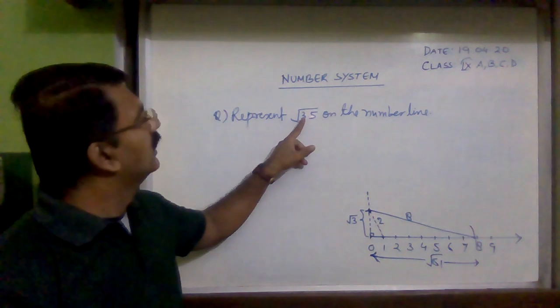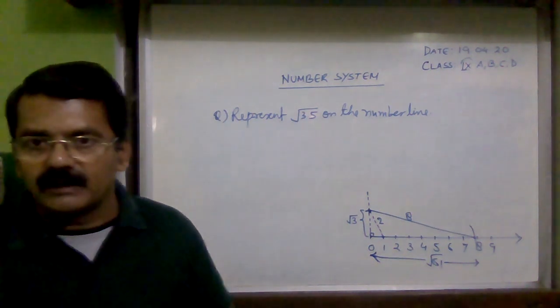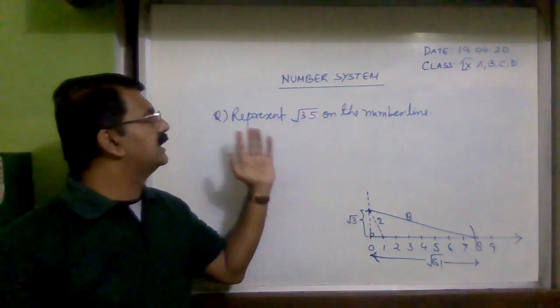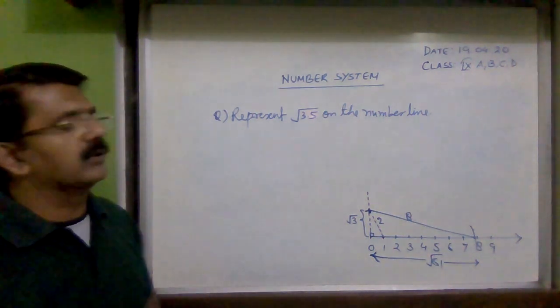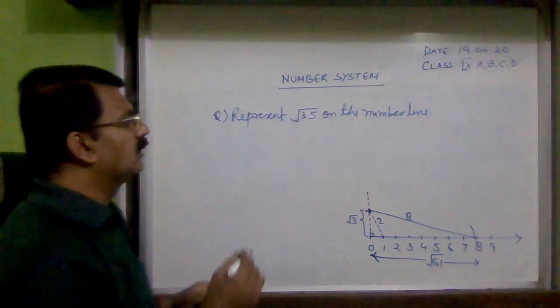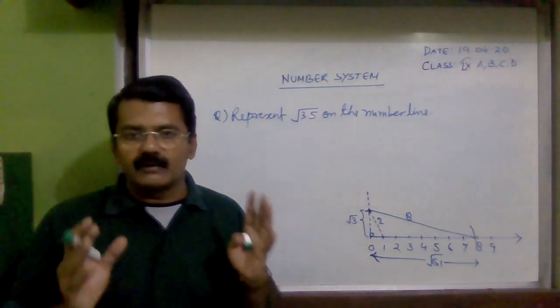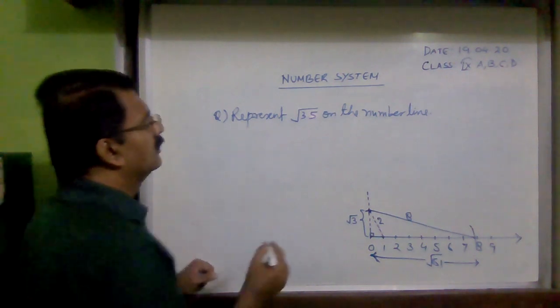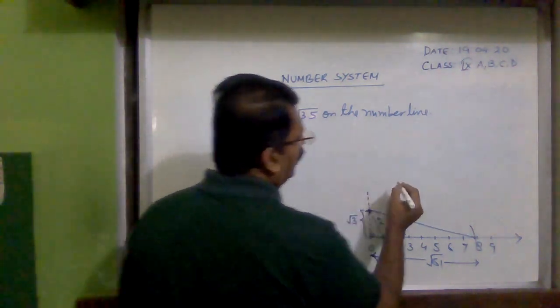the square root, all whole numbers. But here it is a decimal number. Now how to plot, how to represent square root of 3.5 on the number line. So first of all, I will tell you the working rule, and then I will explain how we are doing it. First of all, you draw a line